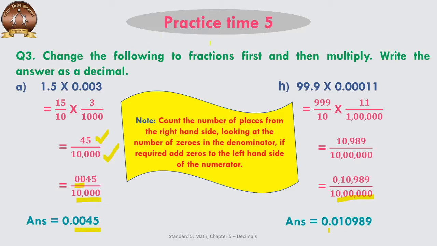That is what we have done in both the numbers. Here also we required a 0. Here we required two zeros. So we have added those many zeros. Be careful while doing these questions. You have to add a 0 in the whole number. You are not adding a 0 in the decimal point. Okay.